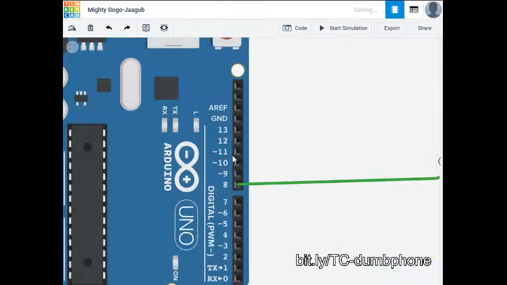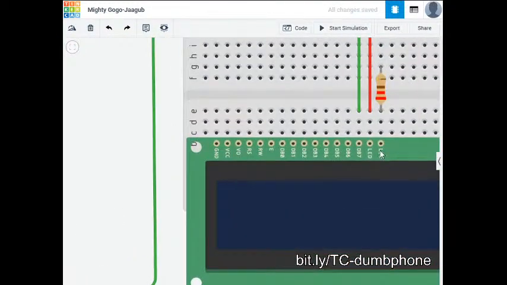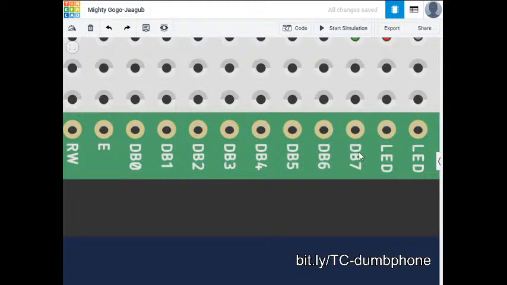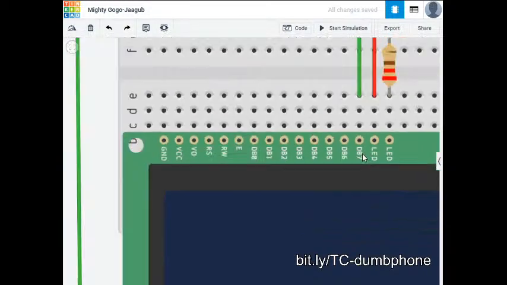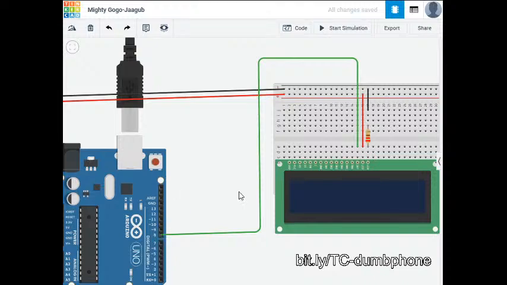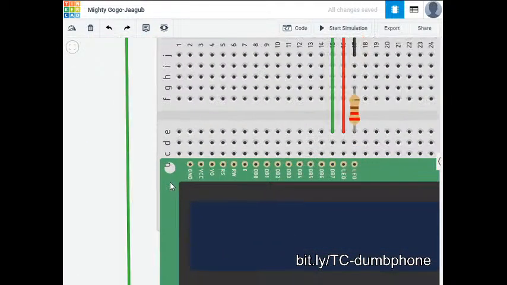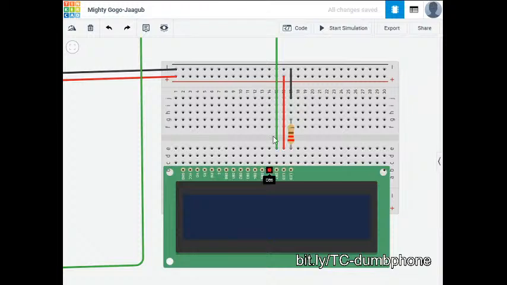Let me just zoom in on that. We've got pin 8 on the Arduino plugged into DB7 of the screen. And we're going to go up a little bit for pins DB6, DB5 and DB4. So DB6 comes up, round,